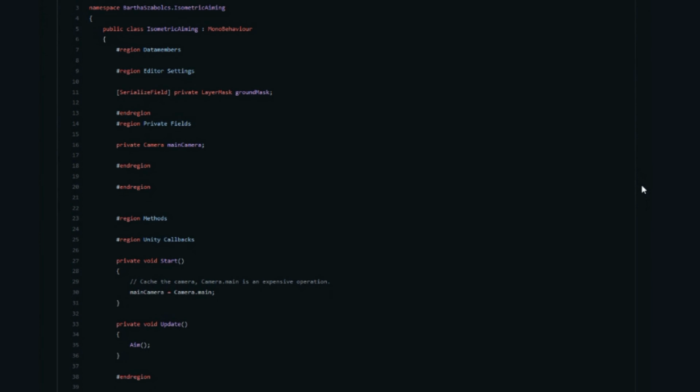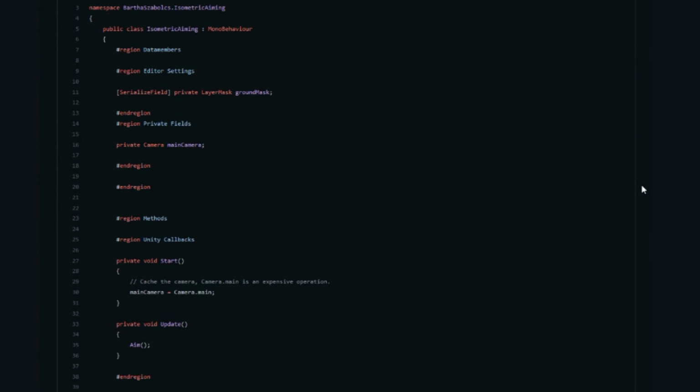To look towards the mouse, we have to know where it is in 3D space. To figure it out, we will raycast through the position of the mouse from the camera. If you are not familiar with raycasting, think of it like pointing with a laser pointer in real life. If the laser hits something, we can get some details about the hit, including its position, which is what we want to know right now. Let's see how we can translate this to code.